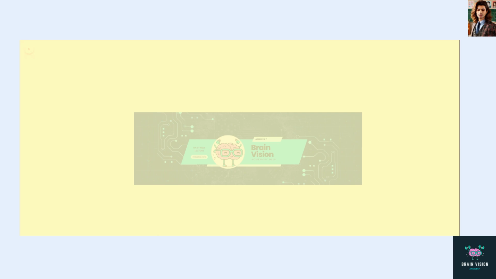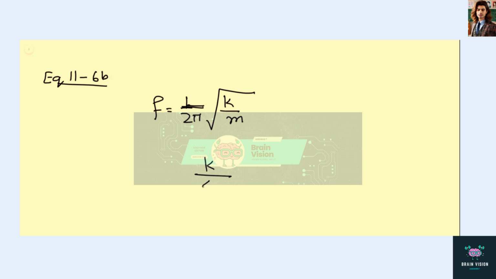In this problem, the spring constant does not change, but the mass does change, so the frequency will change. So we can use equation 11.6b to relate the spring constant, the mass, and the frequency for oxygen and sulfur. So frequency is defined by 1 over 2 pi square root of k over m, and from there we can write k over 4 pi squared is equal to f squared m, which is constant